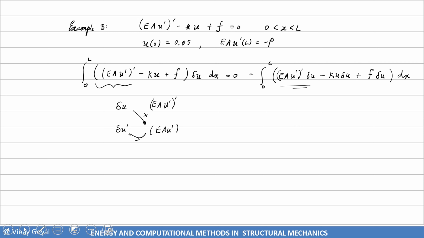And now I'm ready to write that here. Plus the boundary conditions, plus